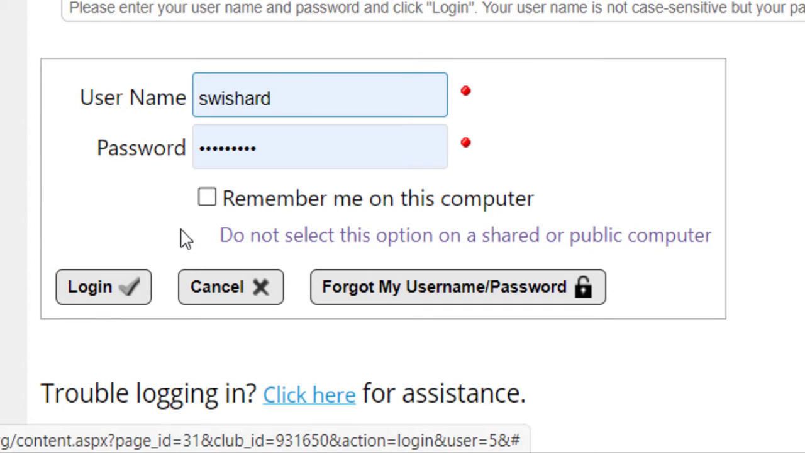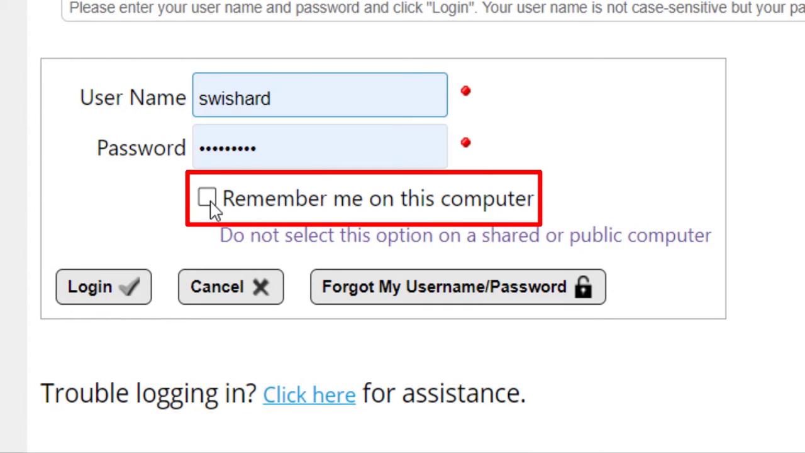If you check the Remember Me option, the system will store a tiny file called a cookie on your computer, which makes it unnecessary for you to enter your username and password each time. This cookie is secure and does not contain your actual username and password. However, you should only select this option on a computer that you control so that others can't log in as